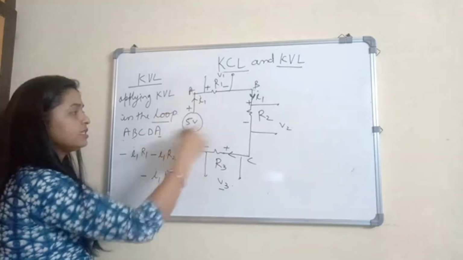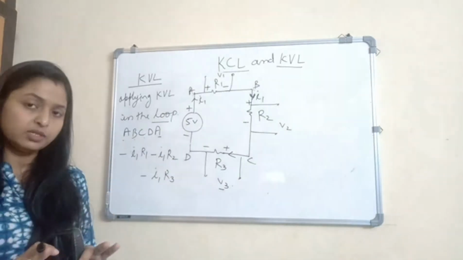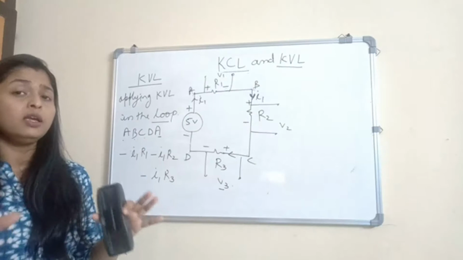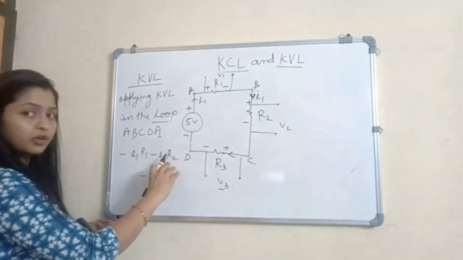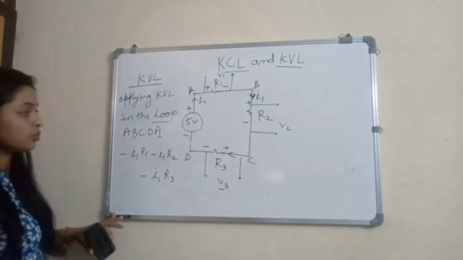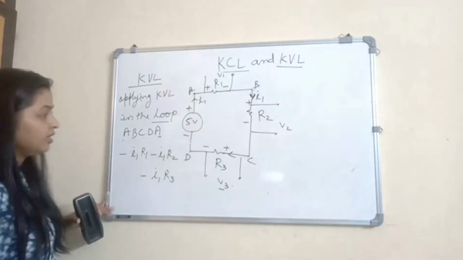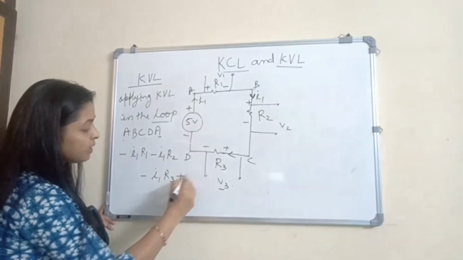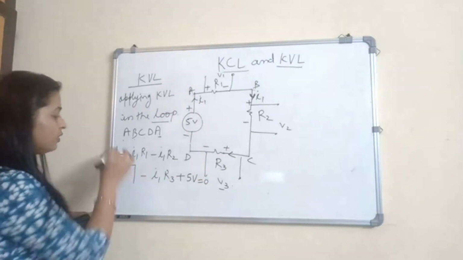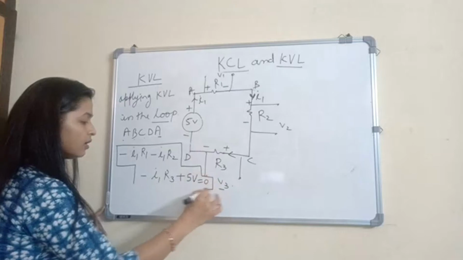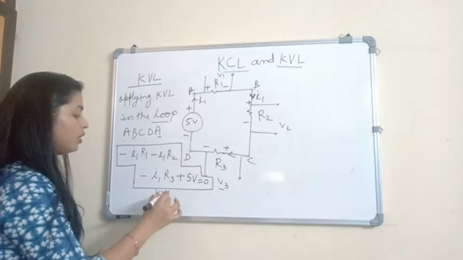Now, between DA, I can see one active source. In the definition of KVL, we have seen the algebraic summation of EMF sources plus the algebraic summation of all drops across every passive component. So we have considered the passive component drops. Now the term is the active energy source. I'm entering into negative, leaving from positive, so voltage is rising. So it is plus 5 volt, and the sum equals 0. So this is the equation of Kirchhoff's voltage law.